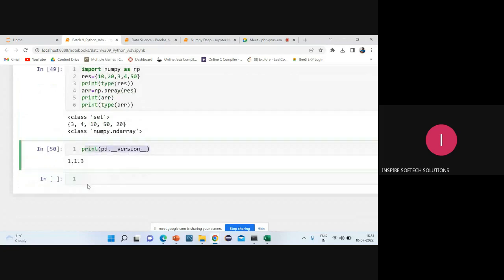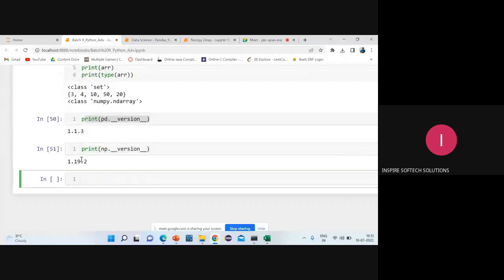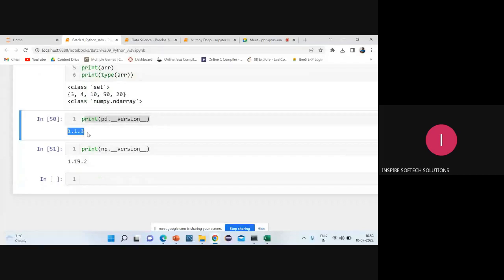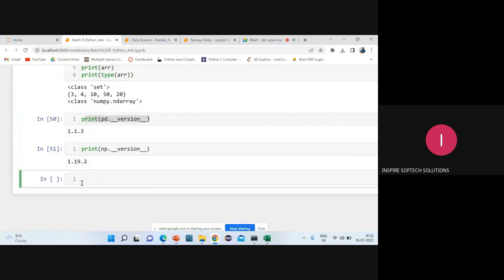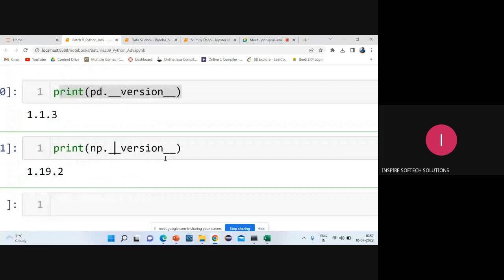Same thing if you want to check the version of numpy, we use np dot underscore underscore version. So in my laptop, I'm using this particular version. Okay, so 1.19.2 for numpy, and for pandas I'm using 1.1.3. You might have updated it because we just installed everything, so you might have a different version, or it can be the same also. Anything is fine. To find the version, you can go with the underscores. Here we have two underscores on each side, and see here, when you're seeing it, it's not visible properly, but here we have underscore underscore.